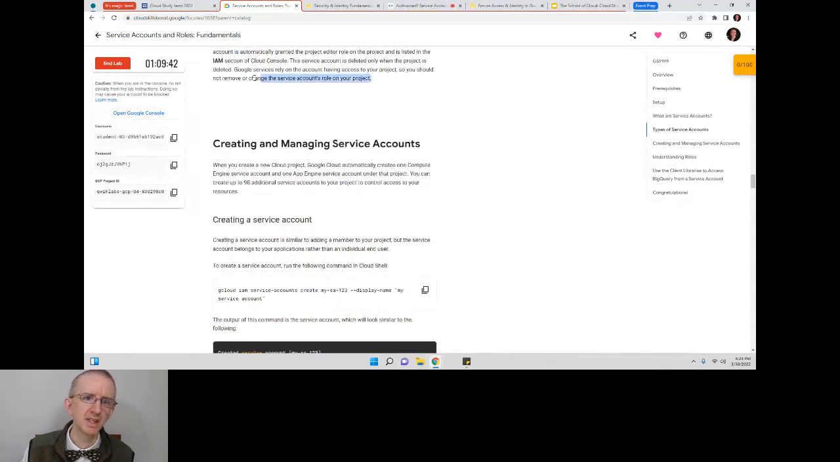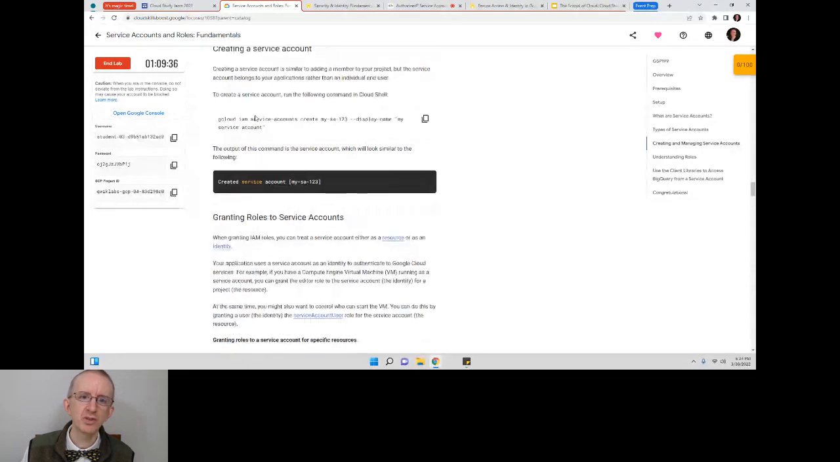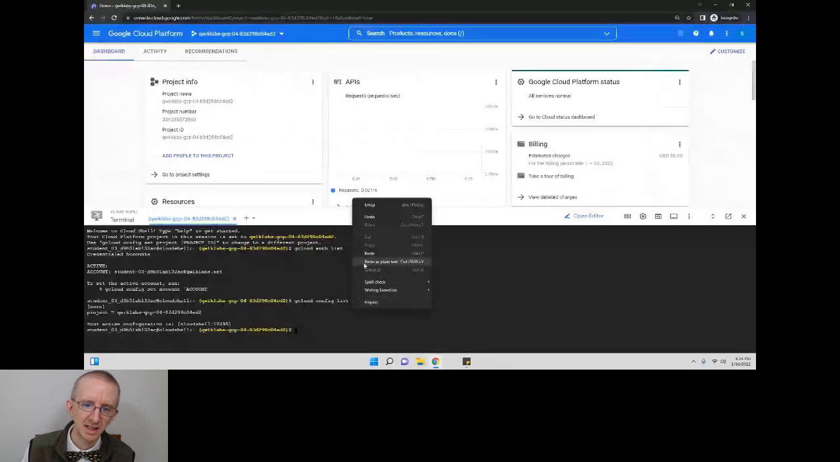So if we're going to make one, you can do that graphically, or you can do that in the command line. They're going to have us do an example in the command line, and we're going to call it my service account, all right, and my SA123. So my service account 123 will be the name of it, and then the display name will be my service account. So copy this command, come back to the Cloud Shell, run that, and that will make a service account for us